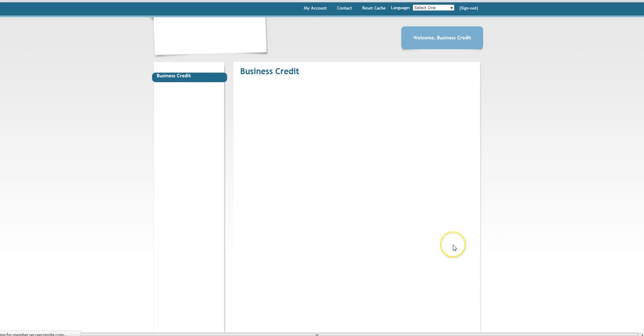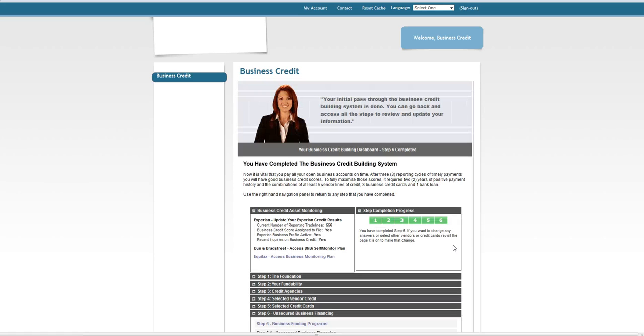This system is the most phenomenal funding solution available in the world today. It has more funding sources, with 2,100 sources, than anywhere else. It has more vendor sources and business credit sources than anywhere else. It's the only system that integrates with the actual business credit reporting agencies, awarding you with a free DUNS number, even free Experian Smart Business Credit Report monitoring. And it also comes with a